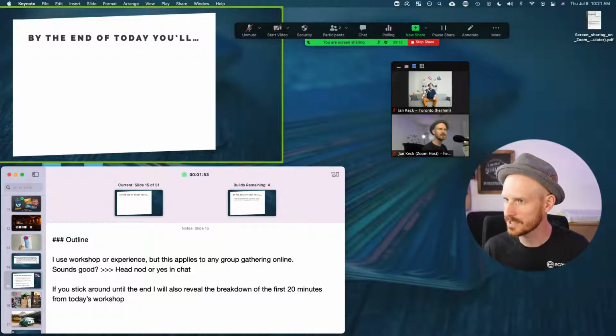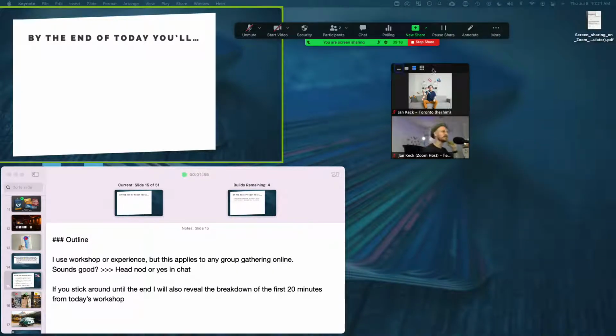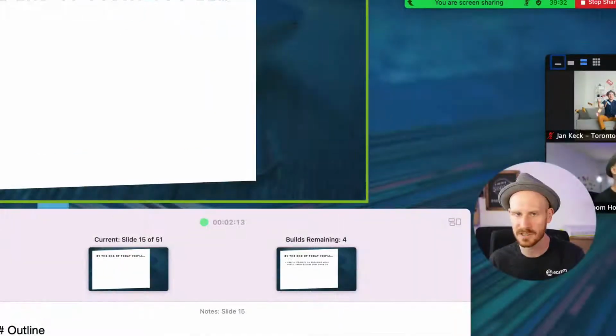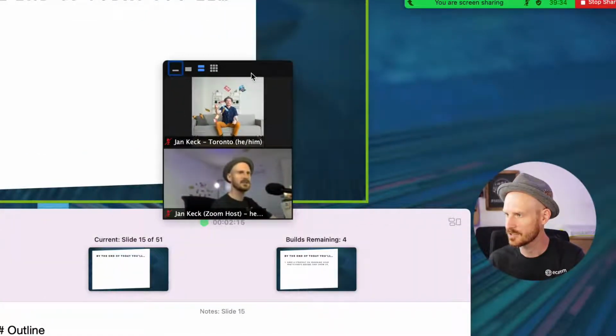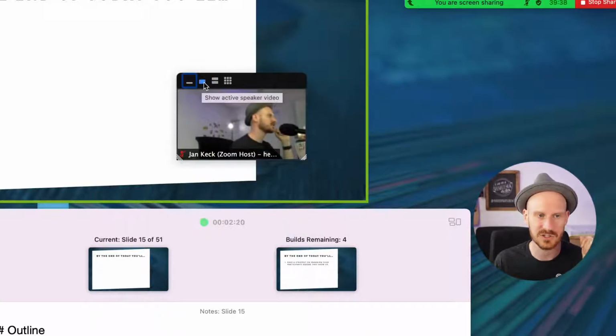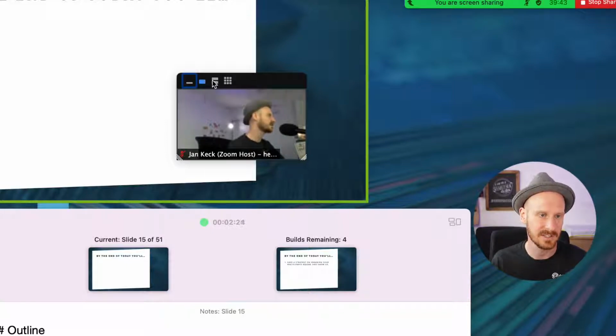Okay, because this little window is also something that I did not know about in the beginning. There's a few different bars on the top. Actually, I would love to zoom in on that a little bit. Let's see if we can do this. And I'll just put this window up here for a second. So there's a few different options. This just shows the active speaker window, which would be myself. This next one